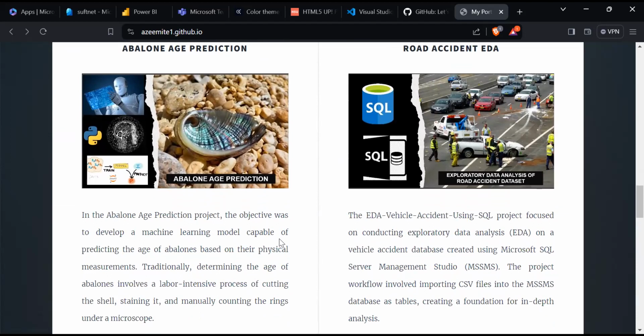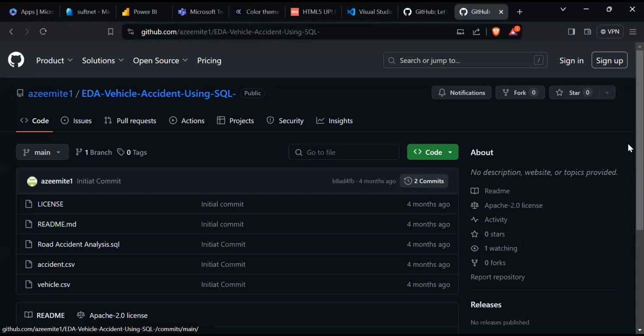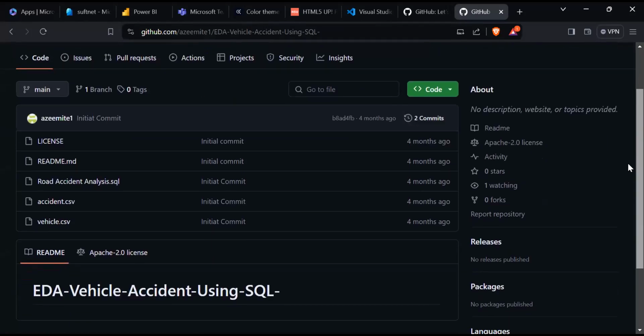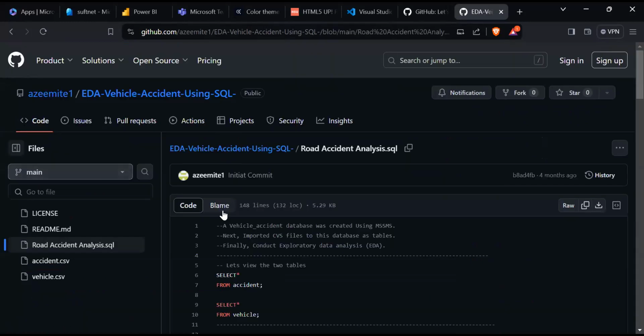So here is just an exploratory data analysis. We have different types of analysis when it comes to data. What I'm trying to say is I'm showing that I can use SQL to write queries. If you look at this, you see all the queries that I write.